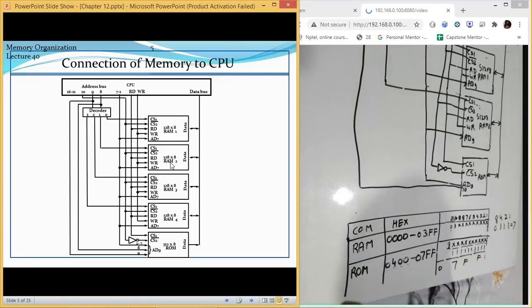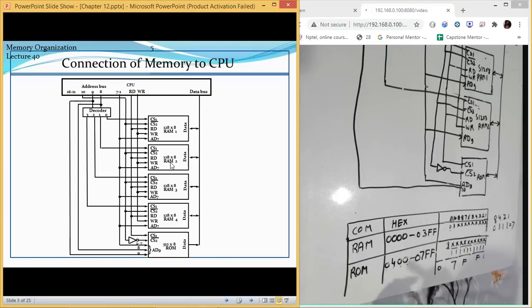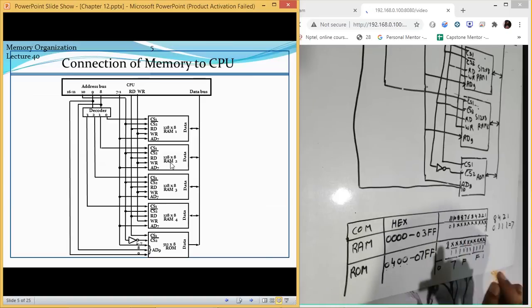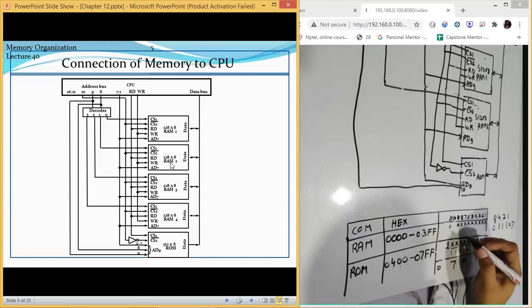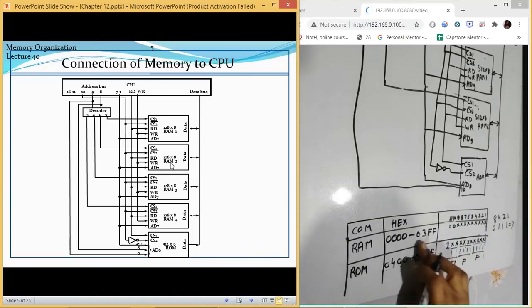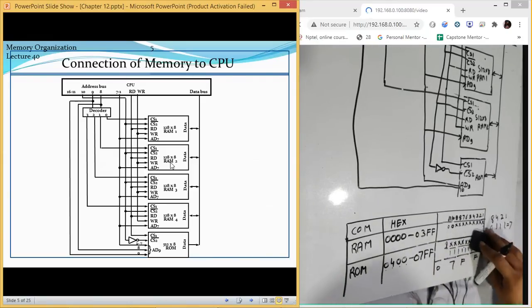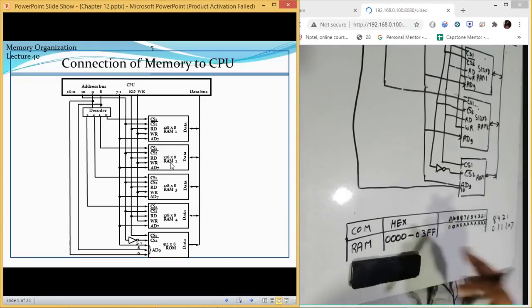So this is how we try to find out the addresses for the RAM and ROM chip. Now, if you want to separate this out, like if you don't want to show this in a single diagram or in a single row, what you can do is you can keep these values as per your need. Like first of all, this value will be 0. Now just remember this value. I will do it for the RAM chip 1. This is 03FF, and let us do it for RAM chip 1 first.